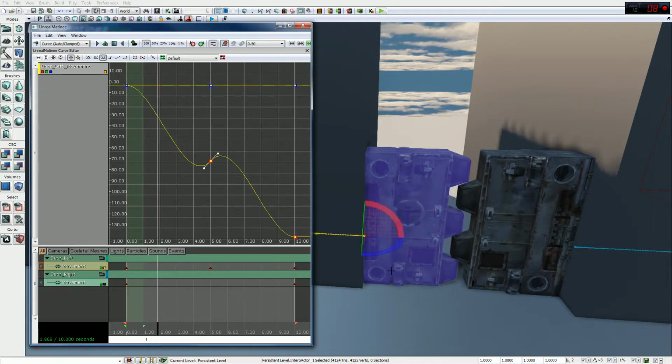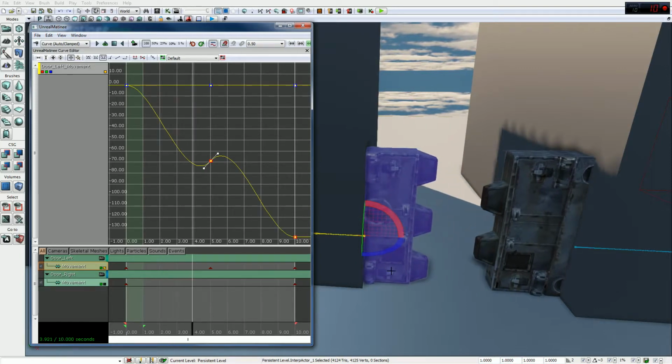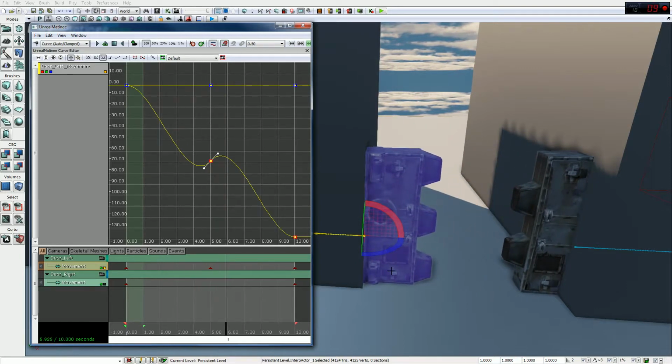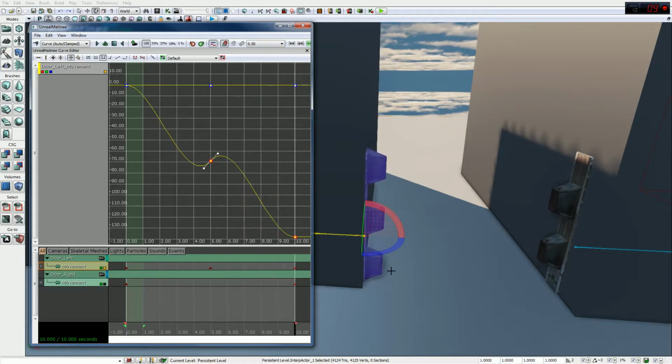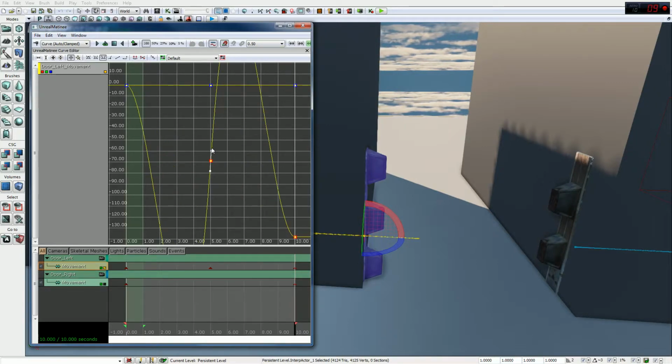So now what's going to happen is it's going to go, and then it's actually going to move backwards some, and then move down. So it kind of hits a bump and goes, and then hits a bump, goes to the right, and then goes back to the left. Now if we made this more pronounced,